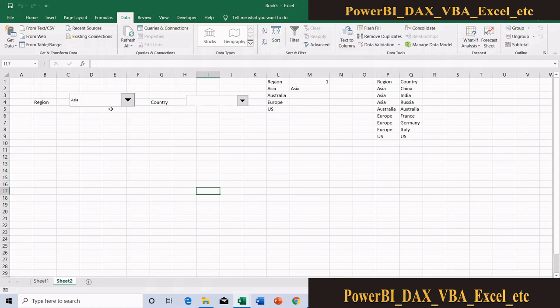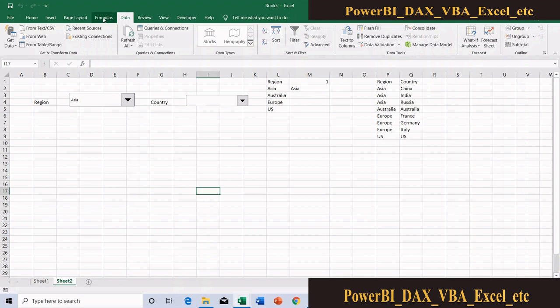How is it possible? It is possible through the offset function. Before that, I will explain how we can use the offset function. We generally use the offset function for creating dynamic ranges. A dynamic range is nothing but dynamically creating a named range.